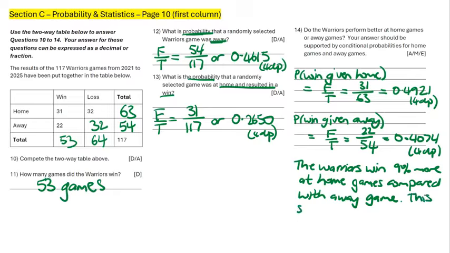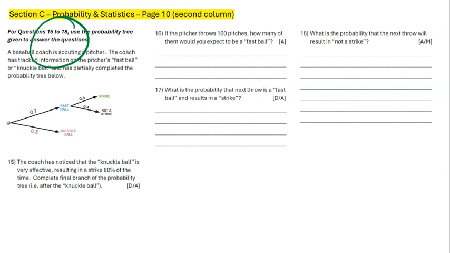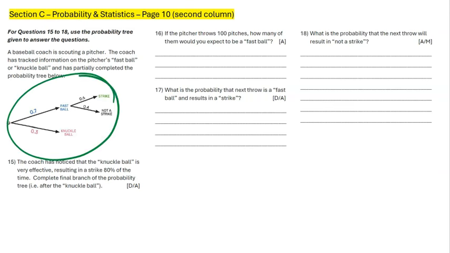So this suggests that the Warriors perform better at home. So we're now on to question 15 to 18, and this one here is on the dreaded probability